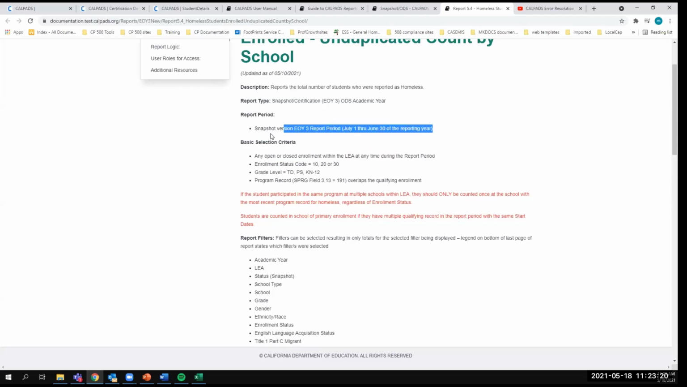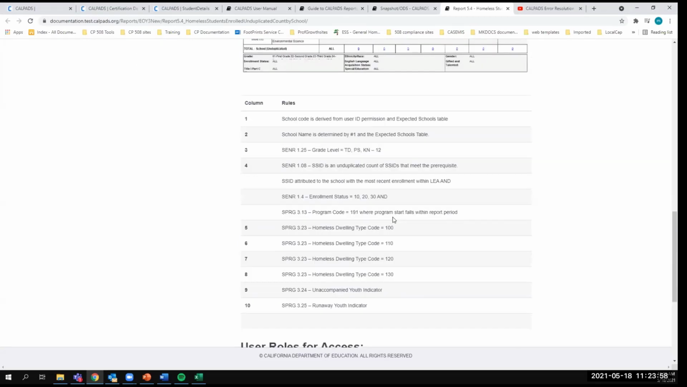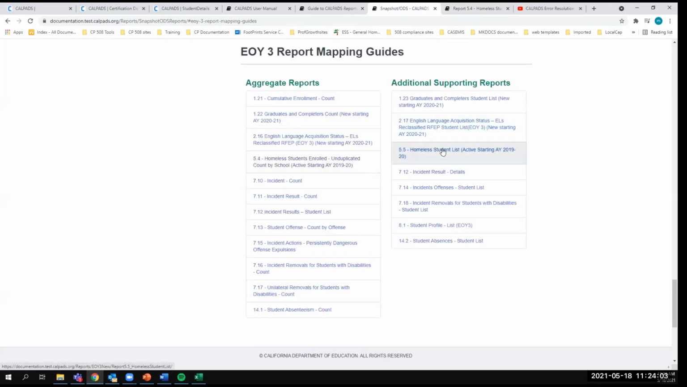So students that were enrolled as homeless in fall 1, you should expect them to be on this report as well. If they're not, that's an indication of a problem. Perhaps a record was deleted. Perhaps it was reported incorrectly at fall 1. I don't know. You have to know your students' data, but essentially, report mapping guides have a great value because